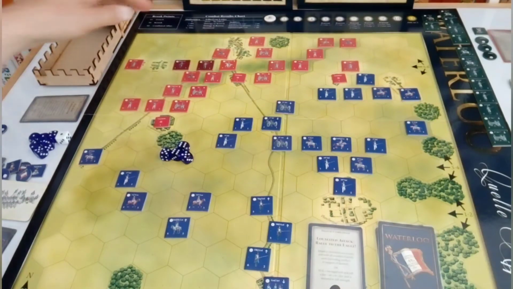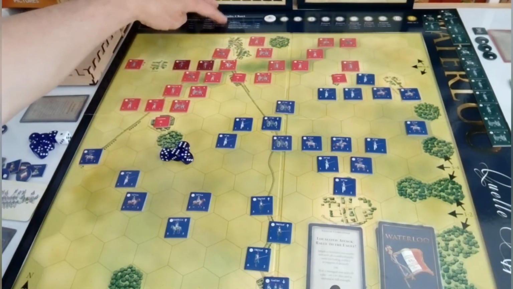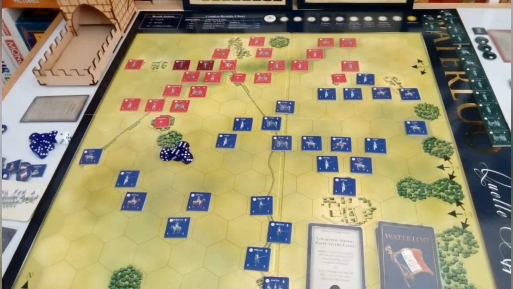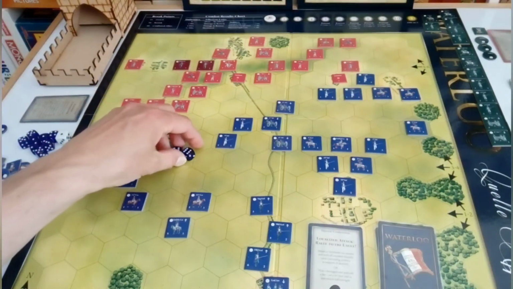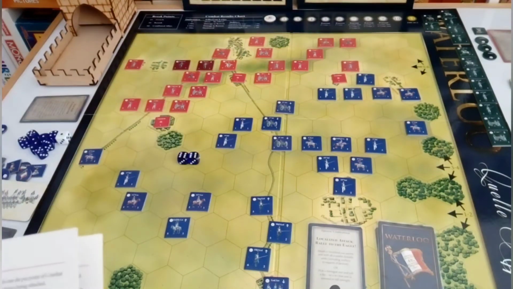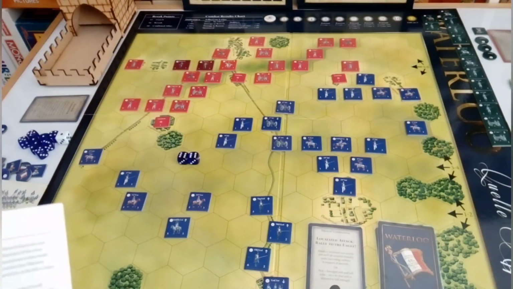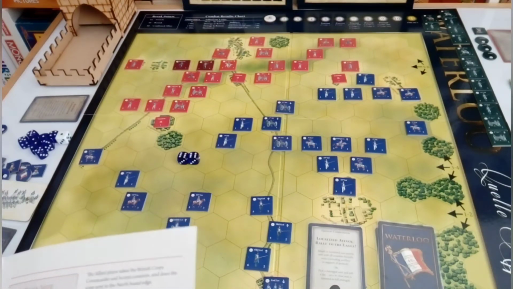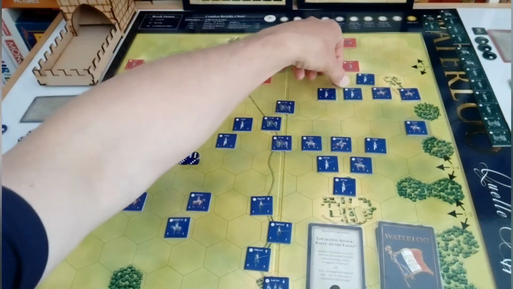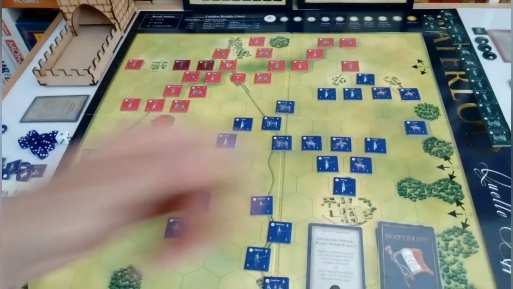Now, because we are in a built-up area, I would expect there would be some benefit to that. In fact, that means that we would need 6s, so those 5s are discarded. So the French actually have 2 hits against the garrison. 2 hits is a damage and retreat, and because the garrison itself has a retreat result, it's destroyed. So the French have taken Papillotte,